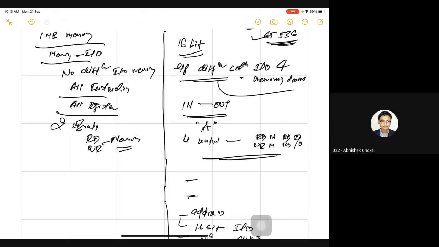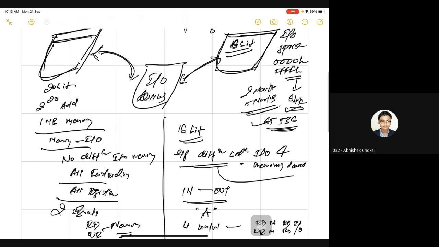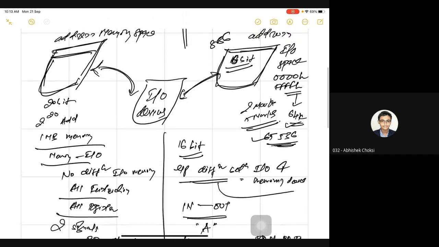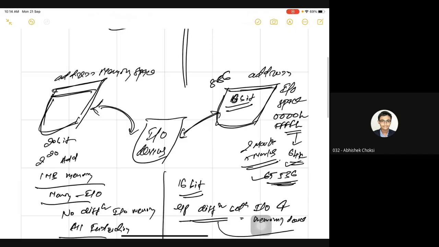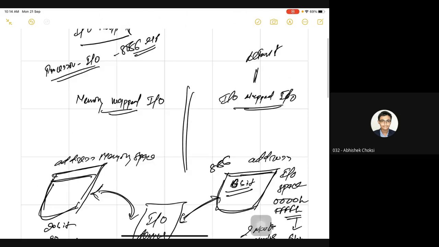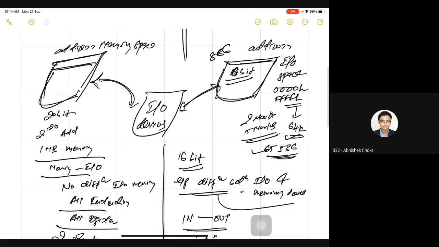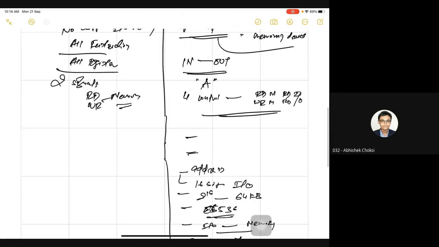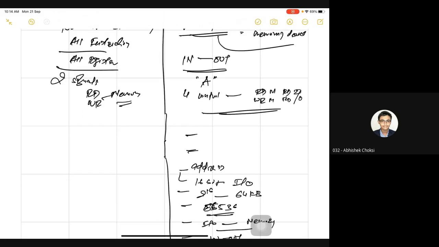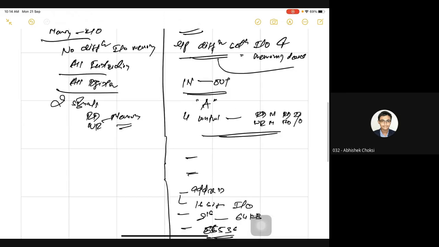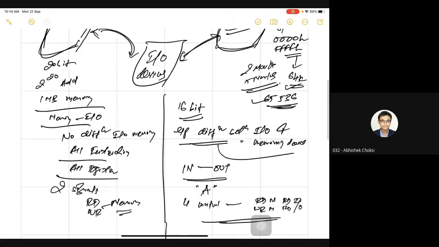After seeing all these, what you can say is there are advantages to memory mapped input output, right? Then why is this not the default technique? In 8086, IO mapped IO is the default technique. Why? See, here you will get all the registers. Here you are able to use all the instructions. You only need to use two signals, and how many bits of address do you have? 20-bit address, so you will get 1 MB of memory.